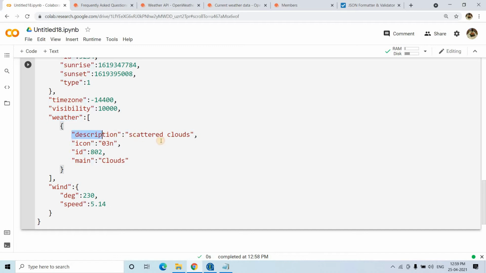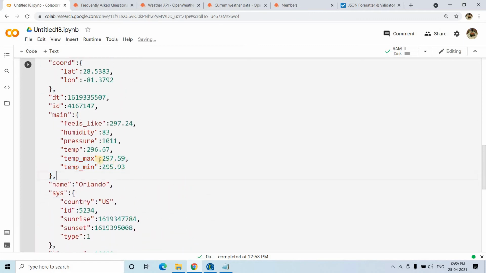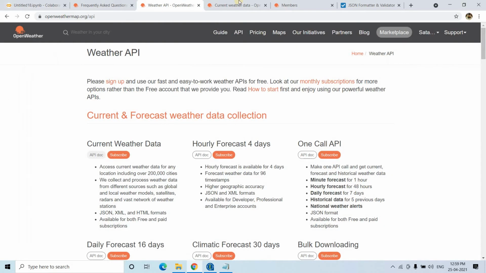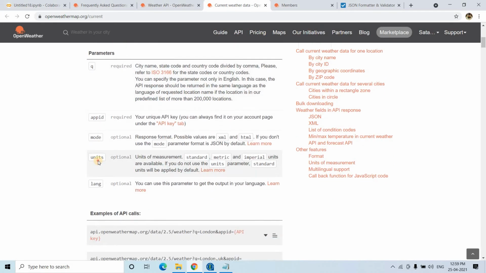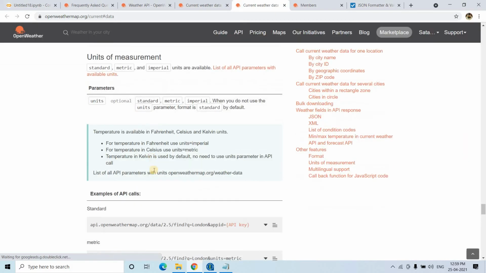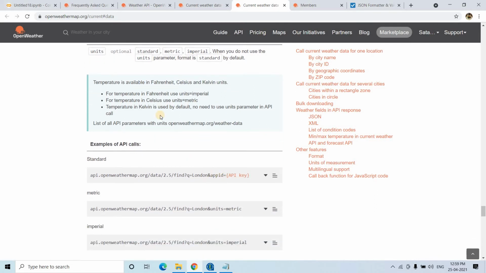You can see the weather description is scattered clouds. Okay, and suppose we want to extract the maximum temperature and minimum temperature as well. But one second, these temperatures are in some other scale, I guess. Let me check once. Go to the documentation, units of temperature. Let me click and check that. Fahrenheit, Celsius, Kelvin. The default one is Kelvin. Okay, we are not that used to Kelvin temperature, right? Let me convert this to Celsius. I guess that will be better.